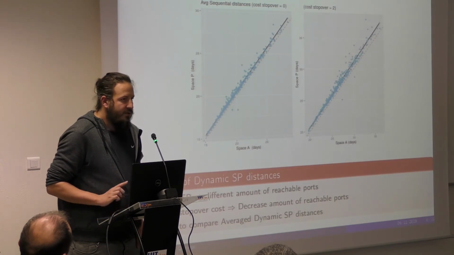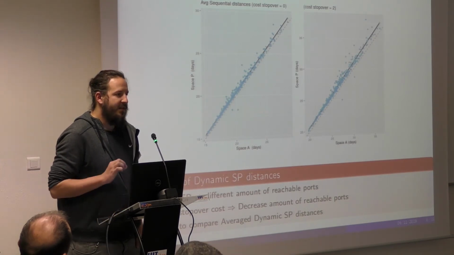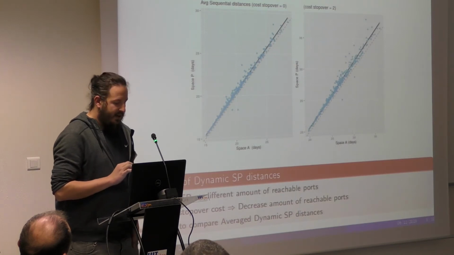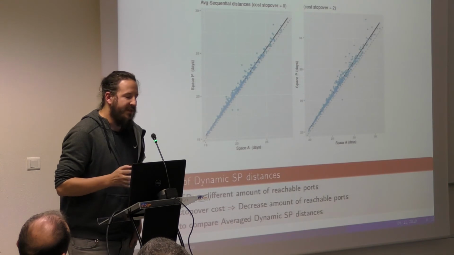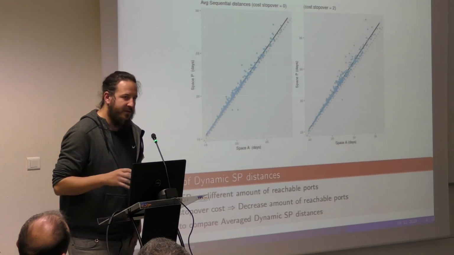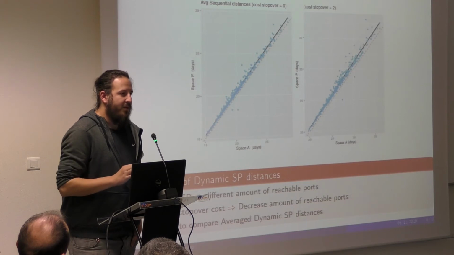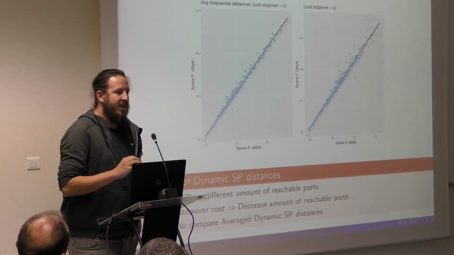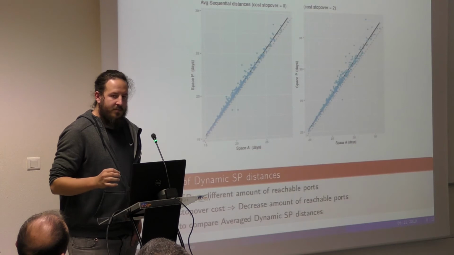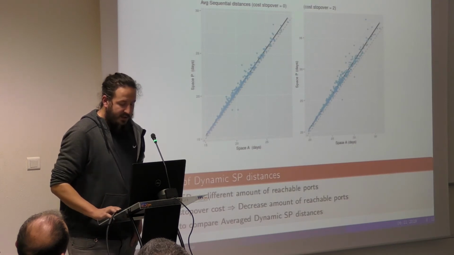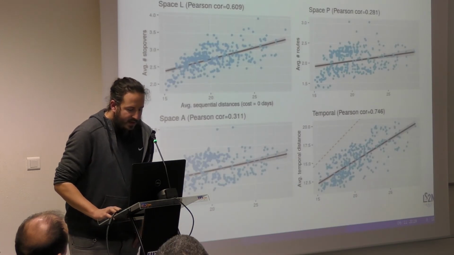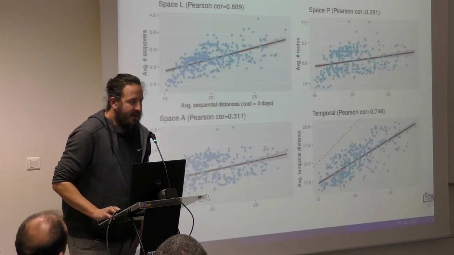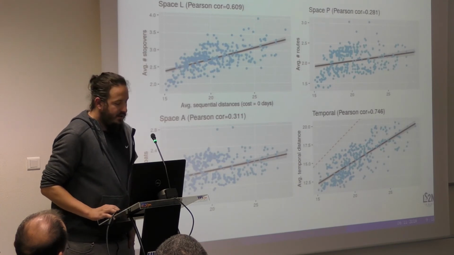But I want to just point out the fact that it's risky to compare those dynamic shortest path distances, because the notion of connectivity is not the same in a static graph or in a dynamic graph. Therefore, each port does not have the same amount of reachable ports depending on the period. So I also compare the average distance of ports